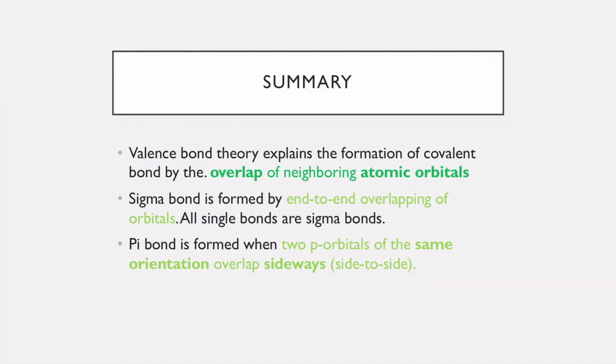So we're going to summarize. So valence bond theory explains the formation of covalent bond by the overlap of neighboring atomic orbitals. So the sigma bond is formed by end to end overlapping of orbitals. So all single bonds are sigma bonds. Pi bond is formed when 2p orbitals of the same orientation, okay, same orientation, overlap sideways. Alright. So that's the take-home messages for this